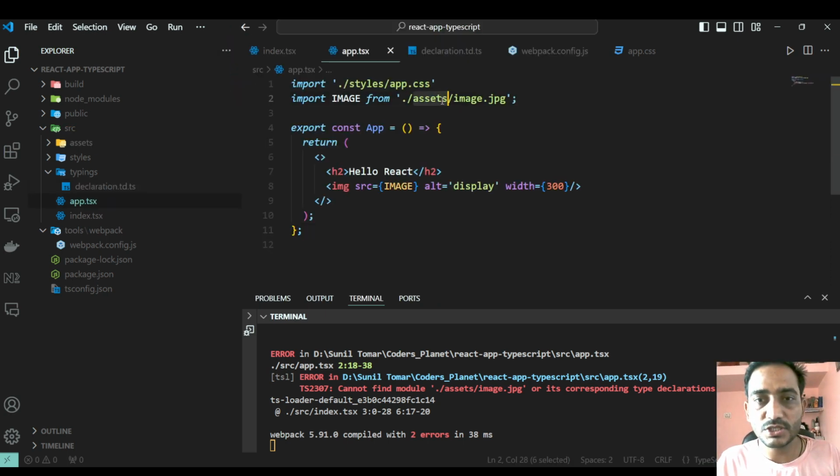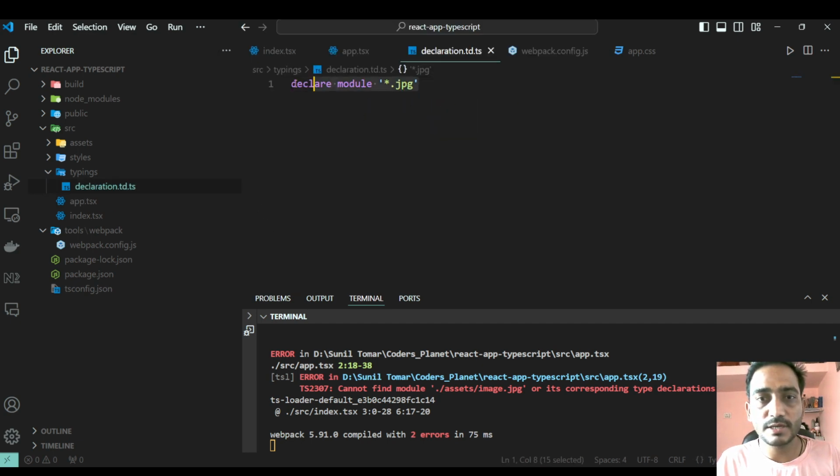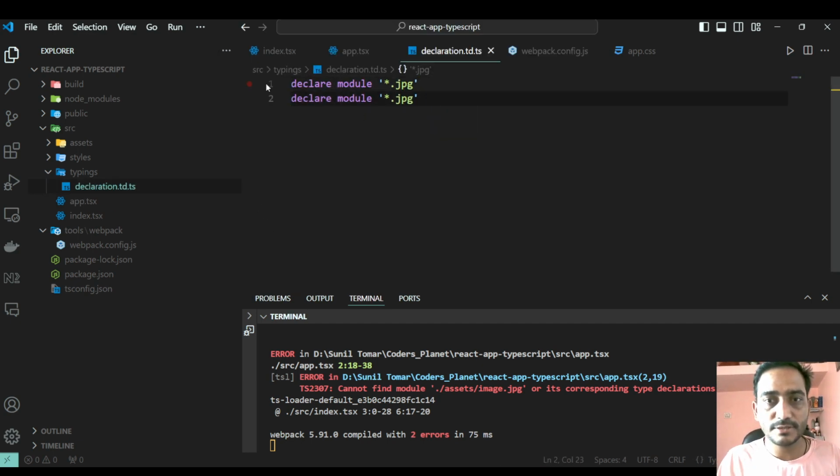So you can see this error has been gone. Now add one more for supported png and svg,